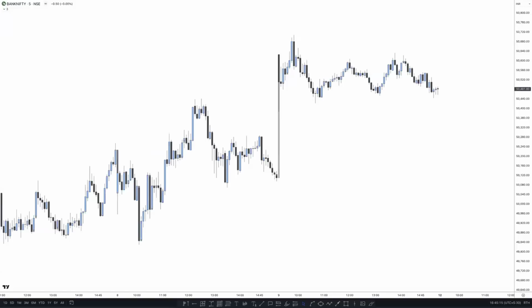Can I use first and last after IDM? First and last of IDM. Yes. After taking out the inducement, we can plan for the buy. And if that inducement POI fails, then you can buy or sell on the extreme POI.